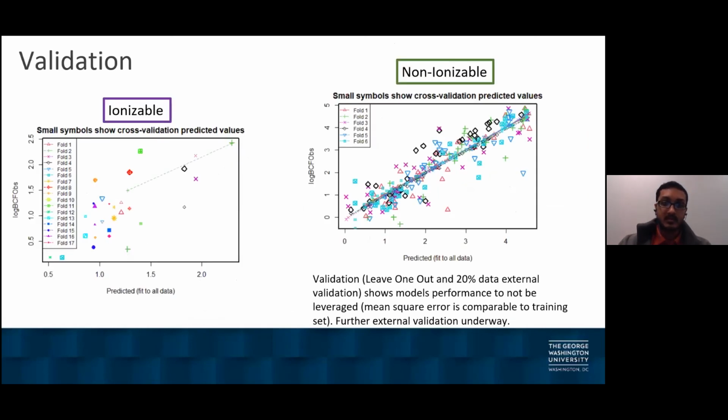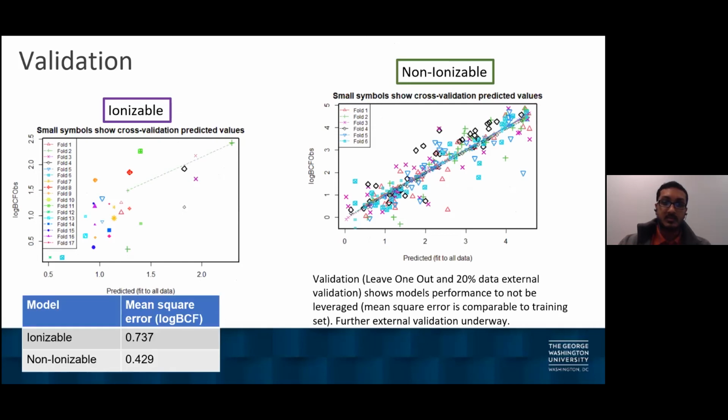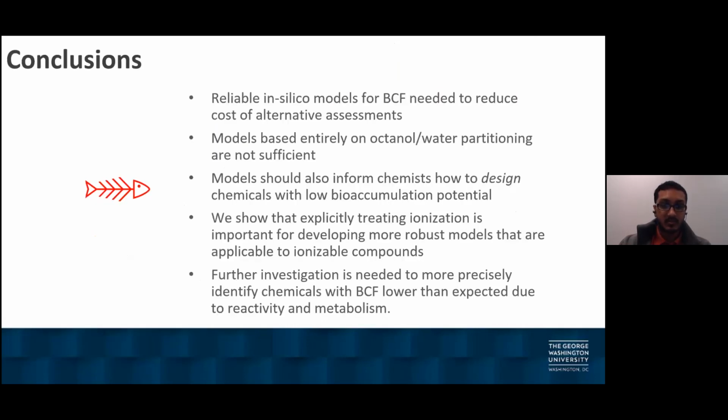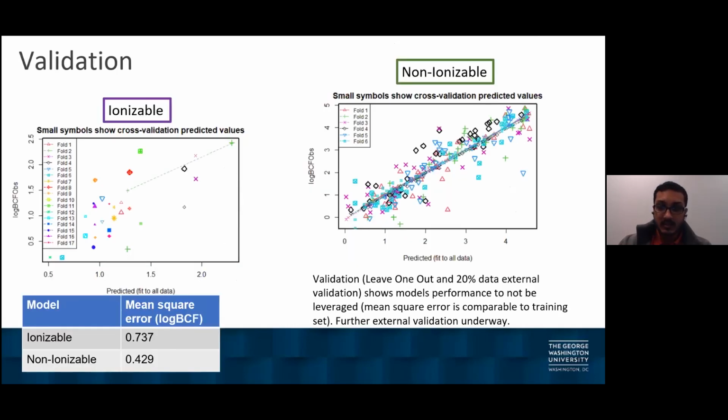All right, so on the left is a k-fold cross-validation with 6 folds, which is roughly about 20% of the data. And then the R-squared from the right is from another validation procedure. Oh, sorry. Okay, so I'm missing a chart, but that's my bad. So we just did internal validation here, leave one out, and then 20% of the data was tested against the model, and I had those data written down as well. But further external validation needs to be done.